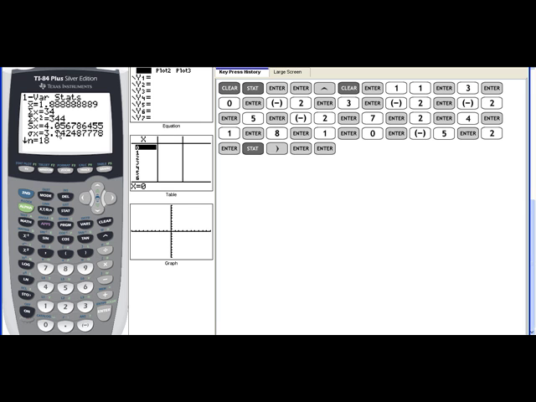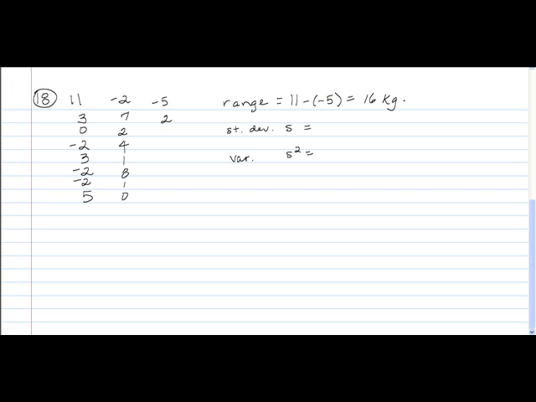Okay, so range, whoops, flipped back. Range is 16 kilograms. The standard deviation